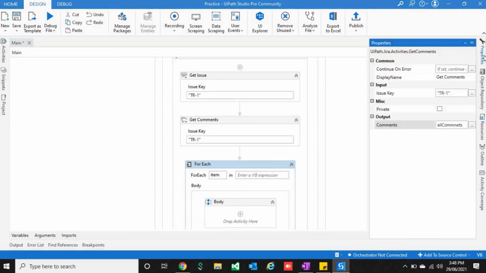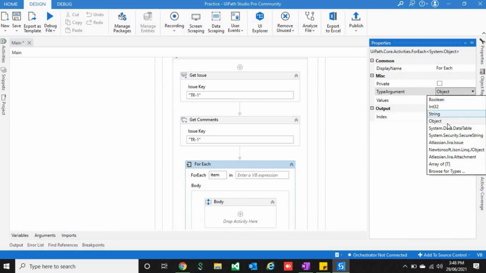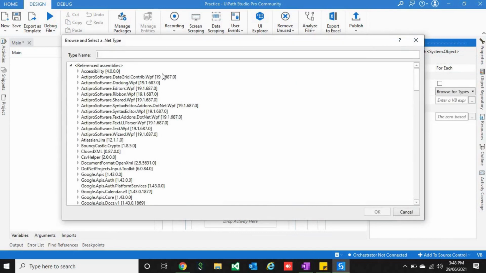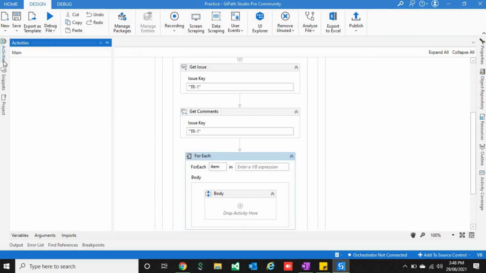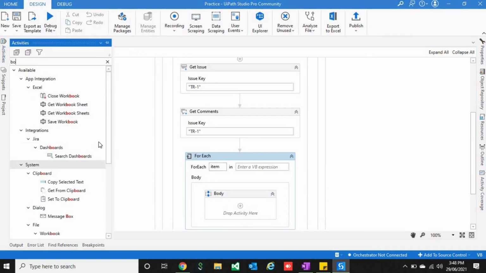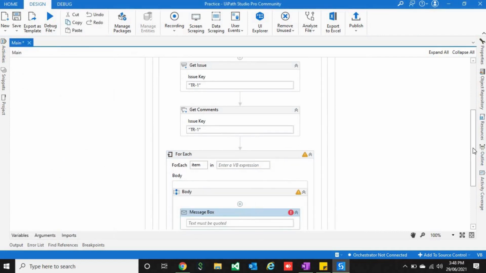When you are using a for each loop, don't forget to change the type to Atlassian.Jira.Comment so that you can iterate. And once you do this, you will be able to see all the properties related to comment, and based on that you can delete the comment also.